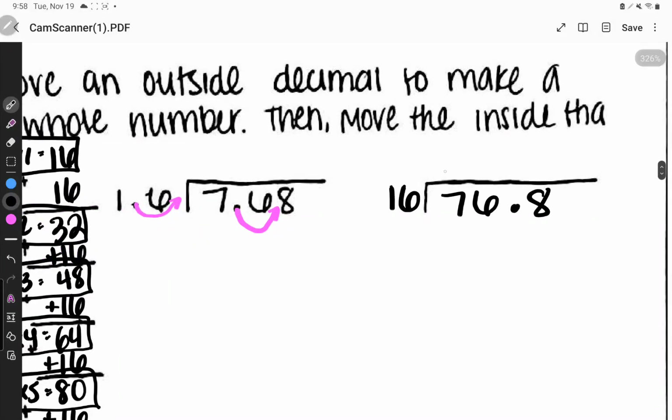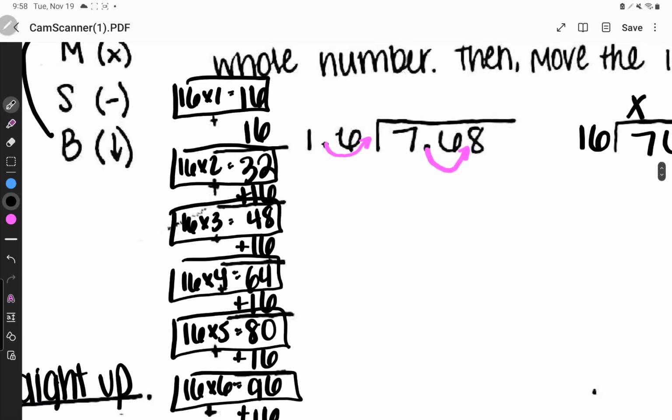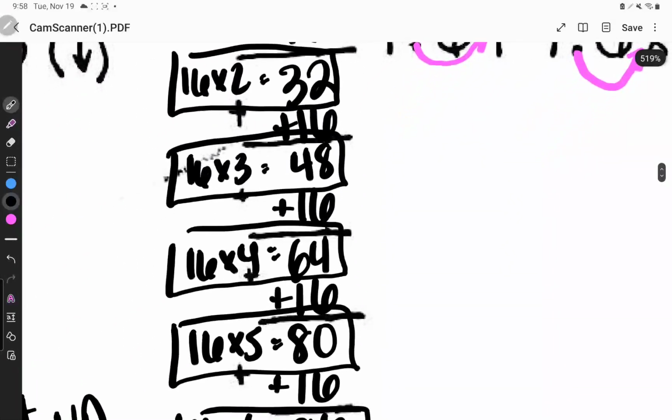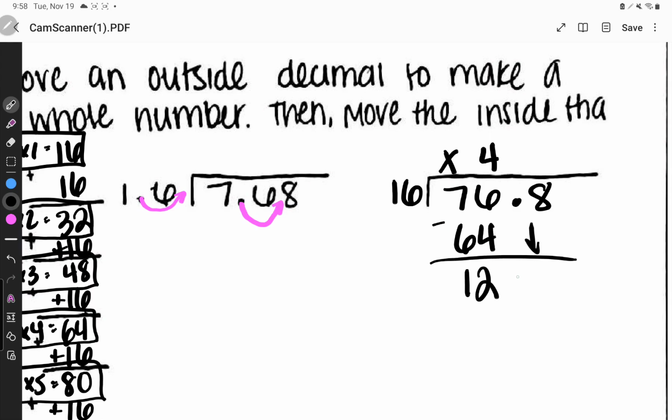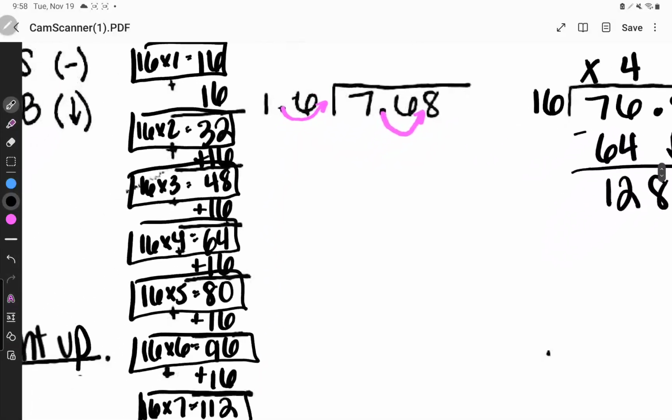Now 16 doesn't go into 7, it's too big. So now we see how many times 16 goes into 76. I look over here, 16 times 5 is 80. That's a little bit too big because it's bigger than 76. So I'm going to go with 16 times 4, which is 64. Subtract, and that gives me 12. And then I drop down my 8, and I see how many times 16 goes into